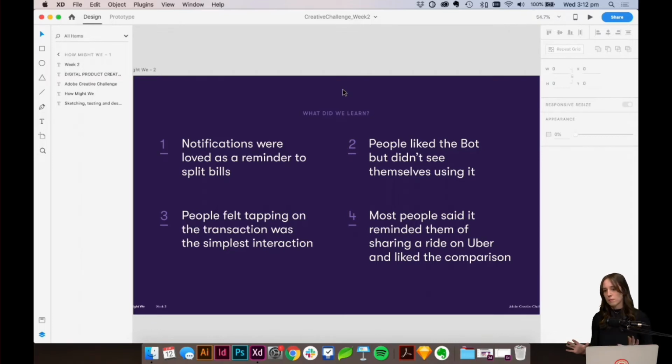Now, this is pretty basic and high level. You might typically have a lot more answers. You might have some quotes from people, and those are all really valuable resources to have when you've done testing. So what came out for me when I spoke to people about this was people really love notifications as